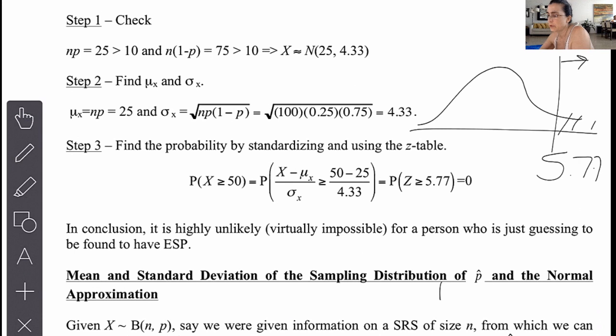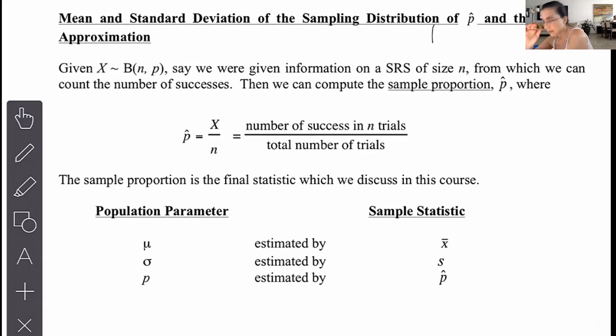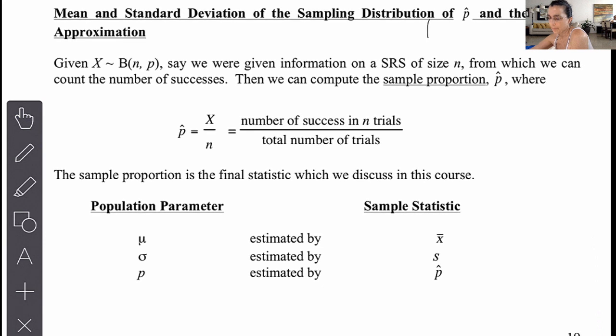And the sample proportion is very straightforward. The theories all come from the one that we just learned, but I need to show you how we can make this step in the direction of the proportion. So let's lay this out. The mean and standard deviation of the sampling distribution of p hat and the normal approximation. Remember, p hat is